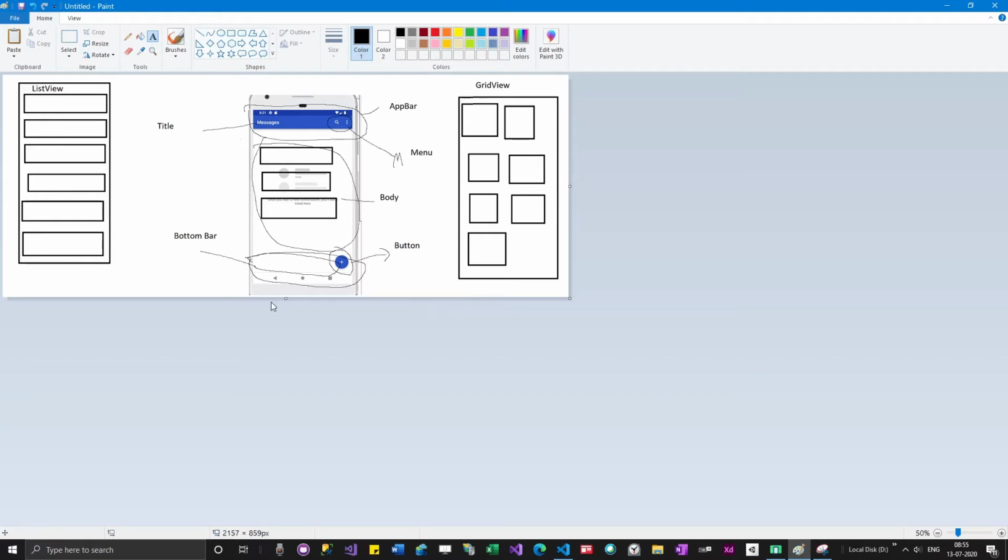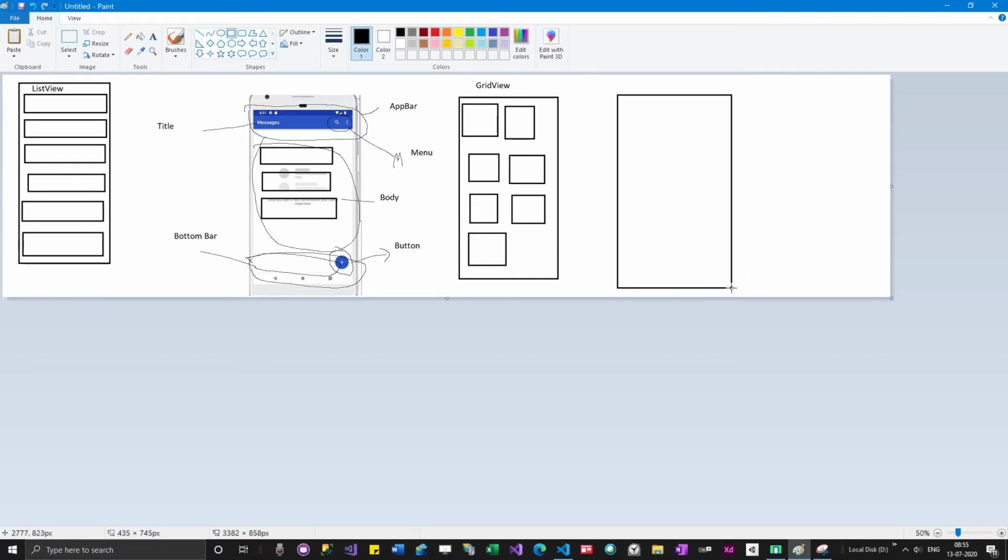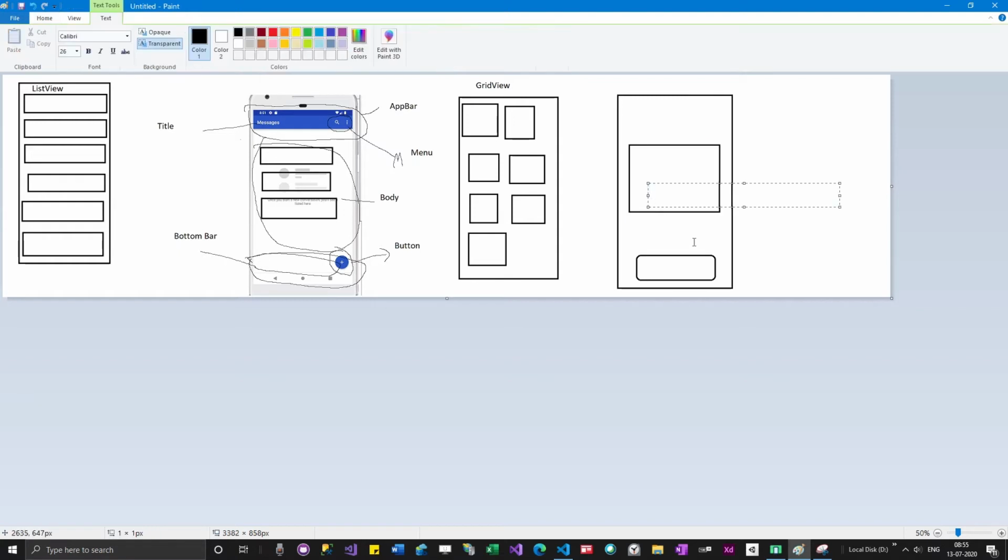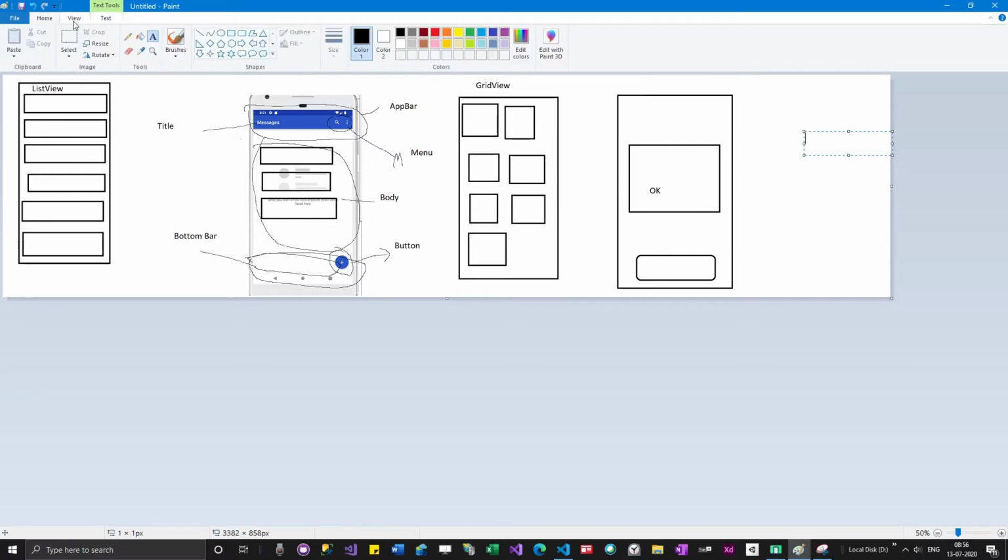Once we learn about all these components, you guys can do some small projects also. One more thing I want to mention: if your screen is like this and you clicked some button, and something has opened like this, saying yes or no, this kind of widget is called a dialogue.